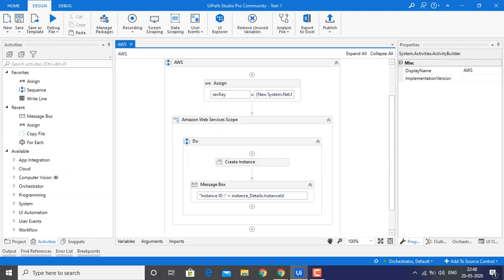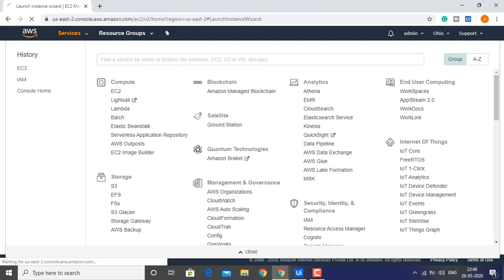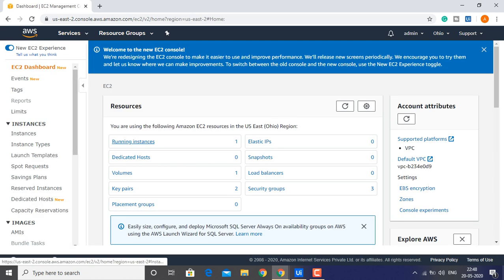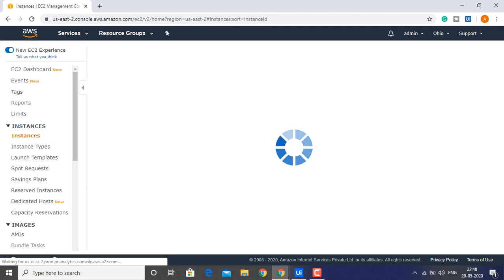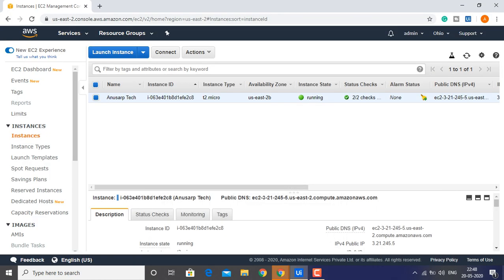Now I will launch my AWS instance using UiPath, then you will get an update and one more instance here. Right now we have only one running instance. Let me show you, guys. Yeah, right now I'm running my project.